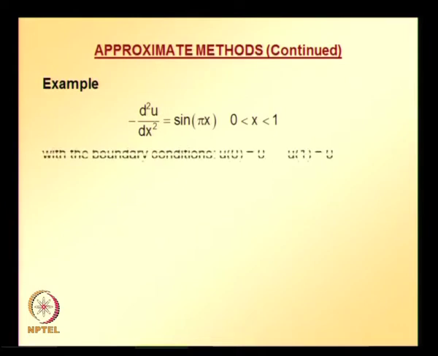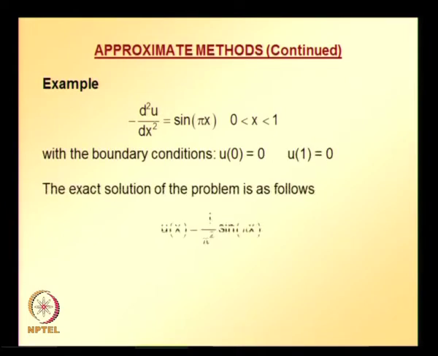So, this is the example that we are looking at, and the exact solution is this one. So, let us start with a polynomial based trial solution, and let us take a quadratic trial solution. It is up to us to choose what order. Here we will solve this problem using a quadratic trial solution, that is, let u be a0 plus a1 x plus a2 x square,